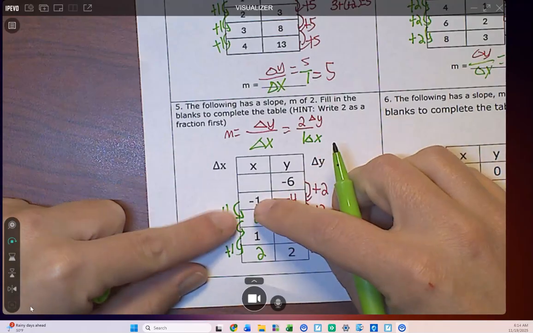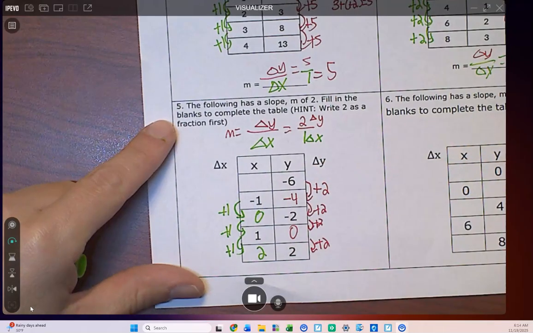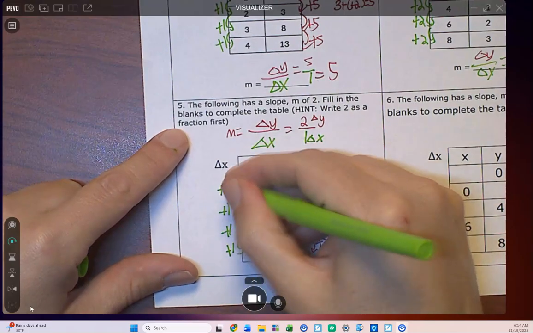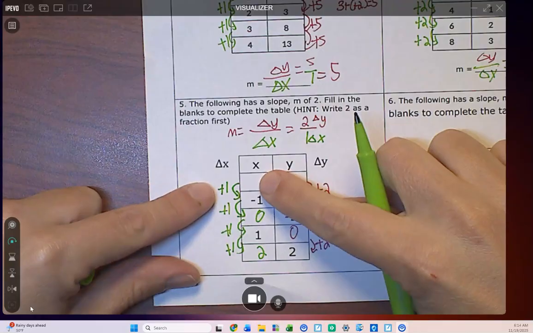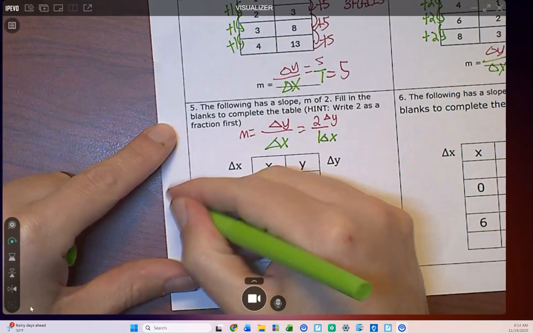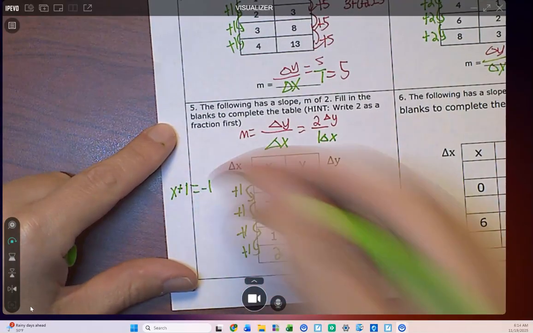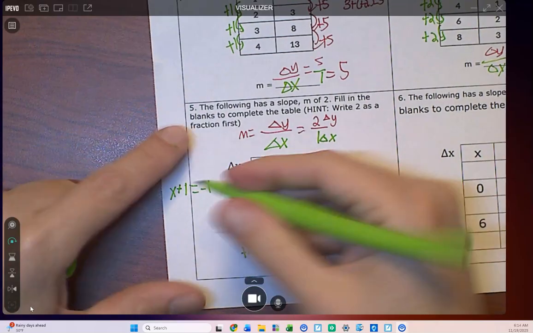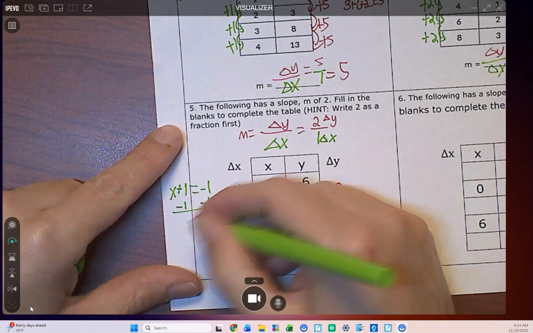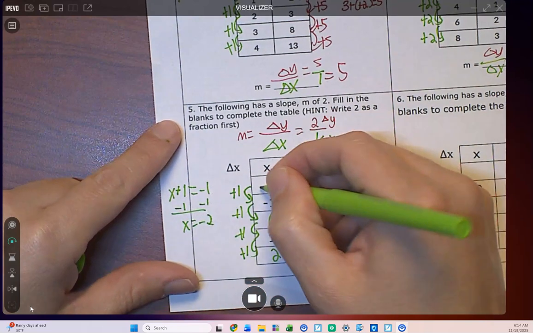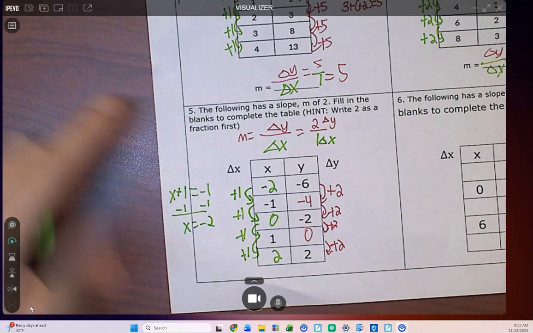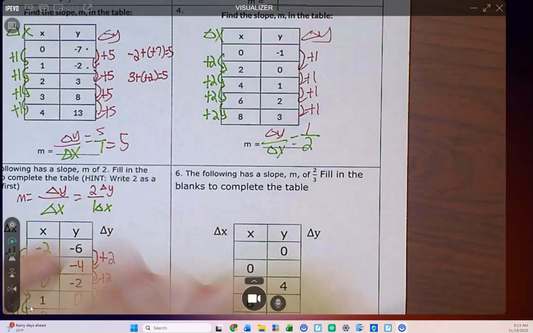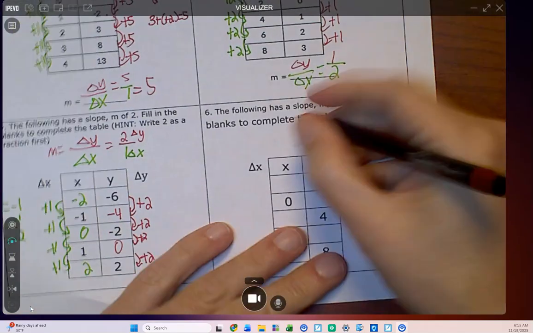Now, how do I find the one before this one? Well, okay, I've got a little equation. I did 6 plus 1 to get negative 1. It's like, we don't know what that is, but this is how you can find it algebraically. See, negative 2 plus 1's negative 1. Okay, this one was already a fraction, so the change in y